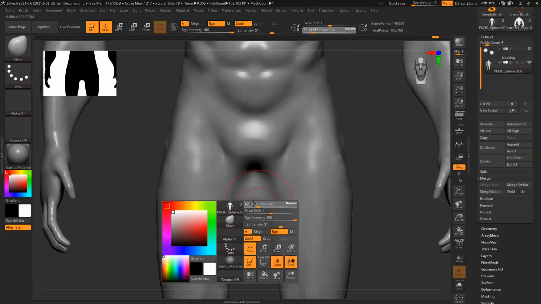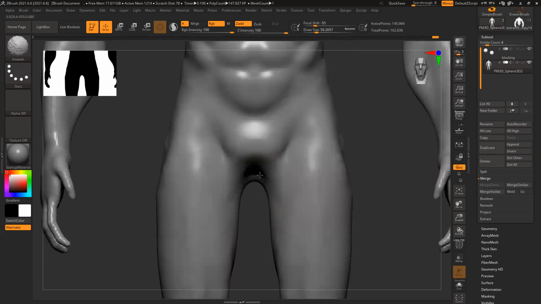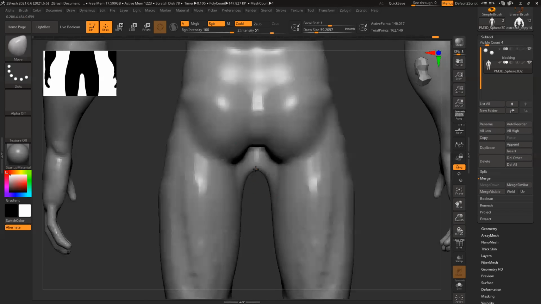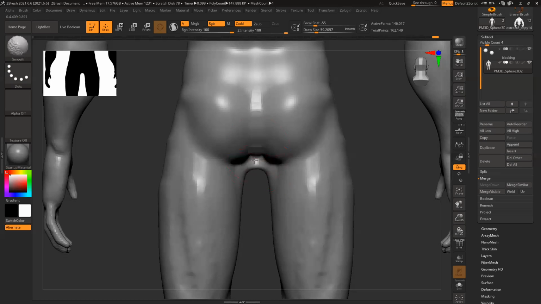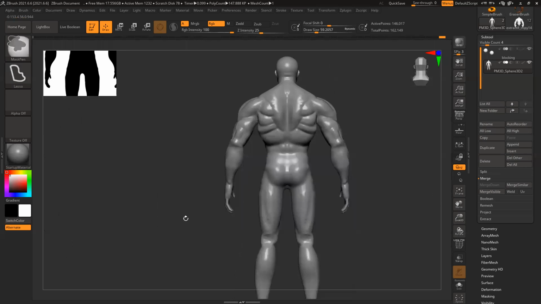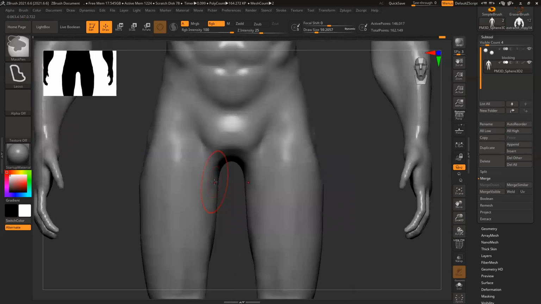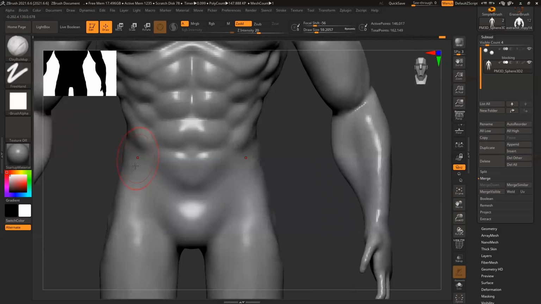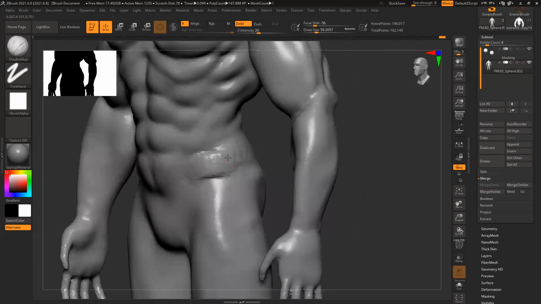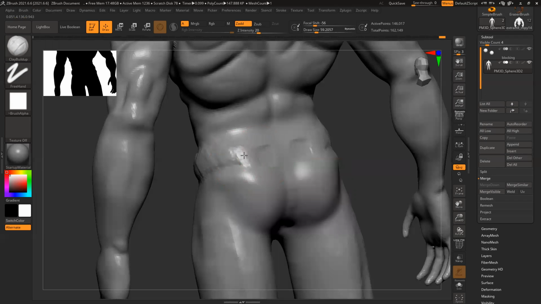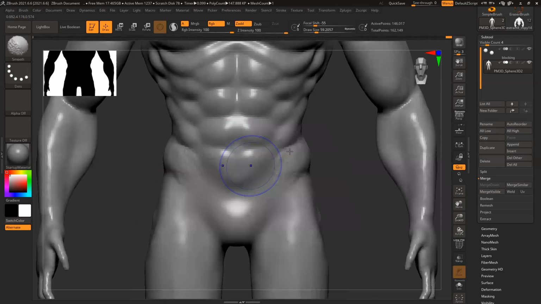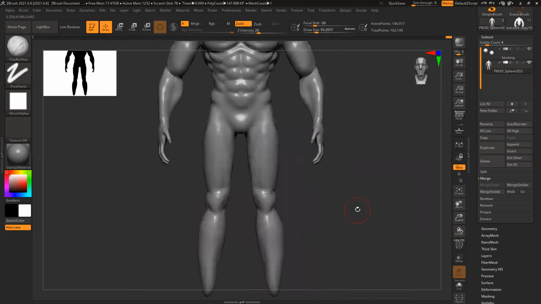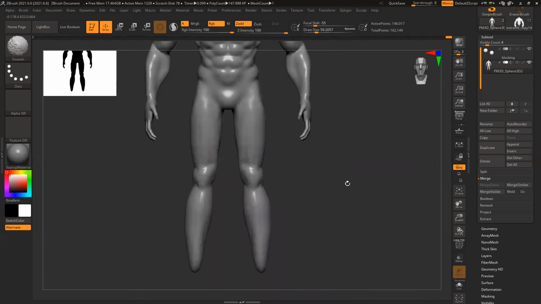Dynamesh, Dynamesh. And this side muscle like obliques, make it slightly prominent. Now you can see I have more space to work on the legs.